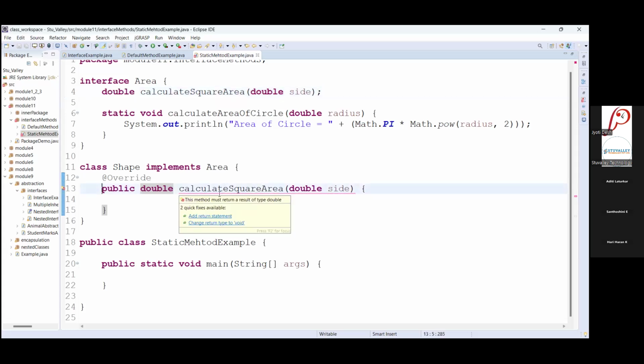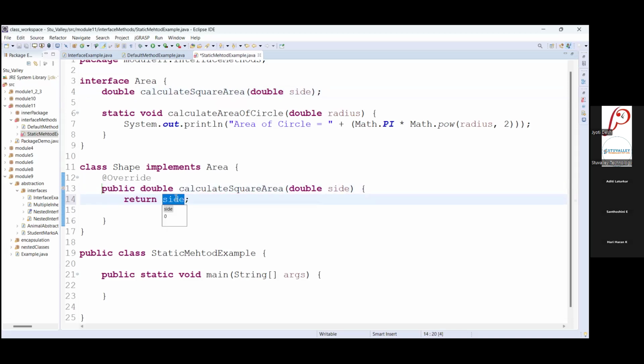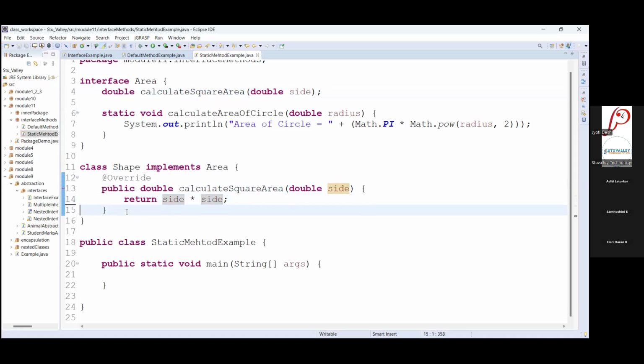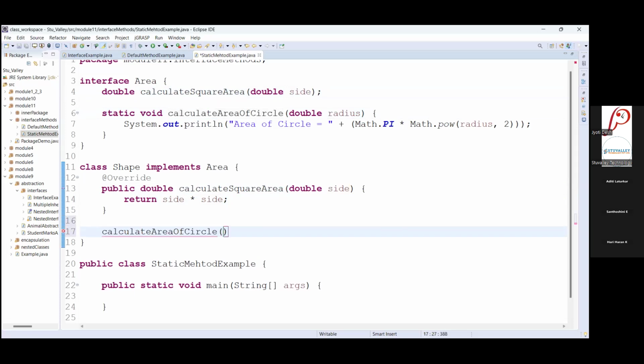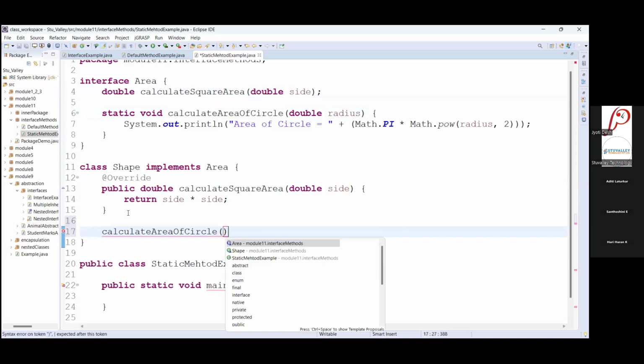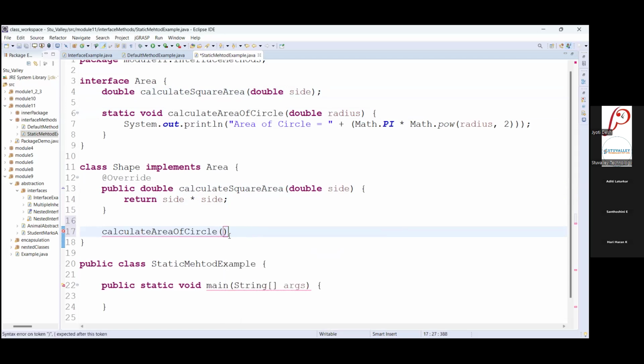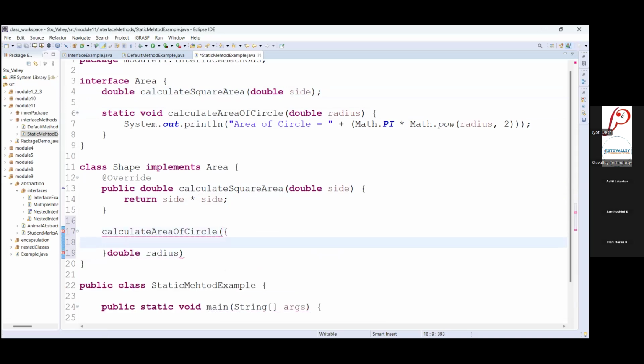So here I will return the area of a square, which is always side into side. So I'm returning the value side into side. Now, if you try to override this method here, calculate area of circle, with double radius, it will not get added as an overridden method.